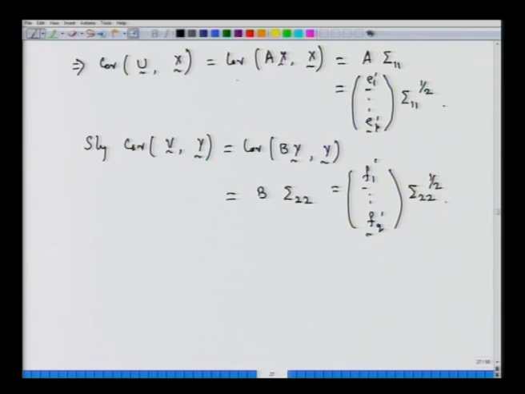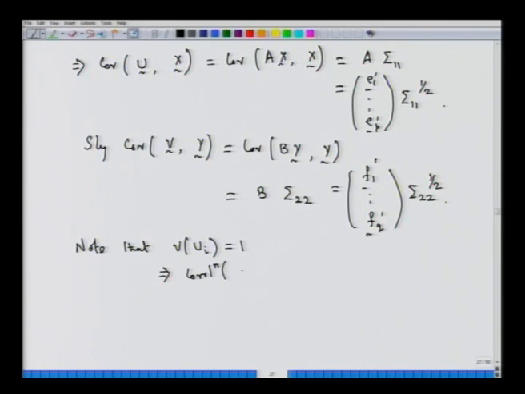Now, at this particular point, we have not yet got to the correlation coefficient between the two vectors. We have at the moment looked at the covariance structure. We note that the variance of ui, because they are canonical variables, is equal to 1. So, this would imply that